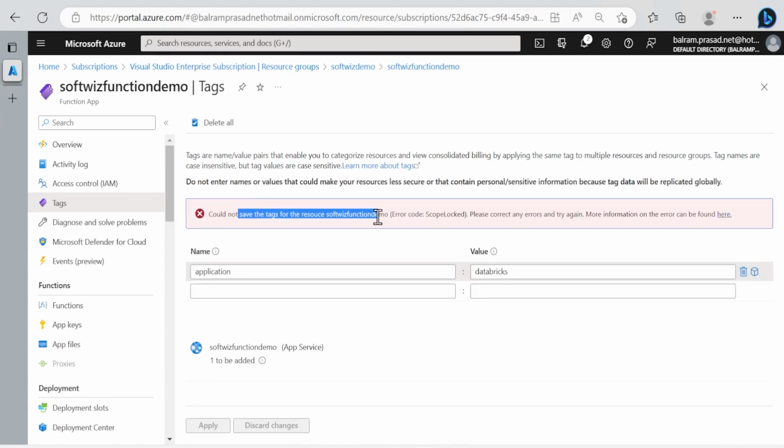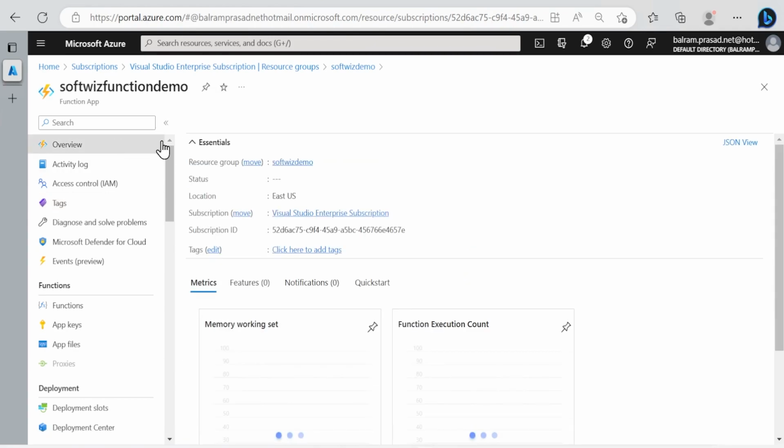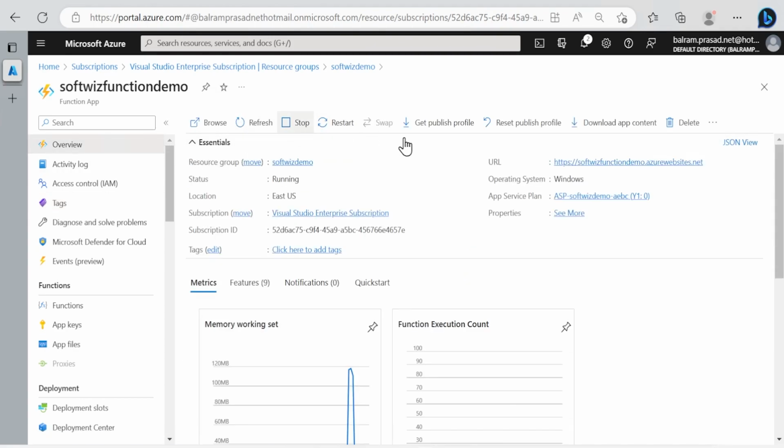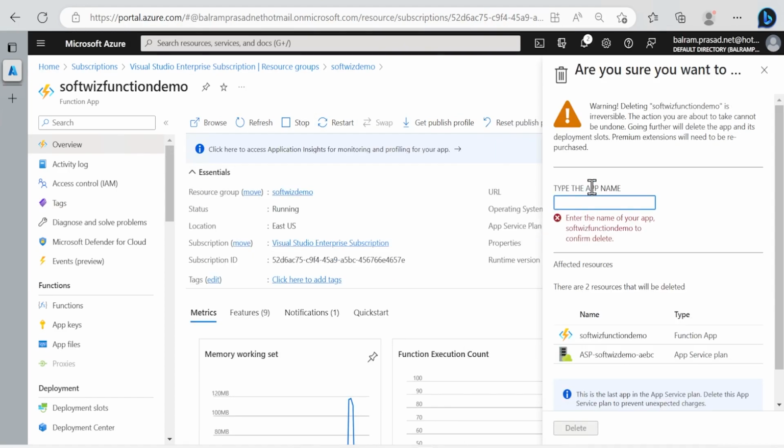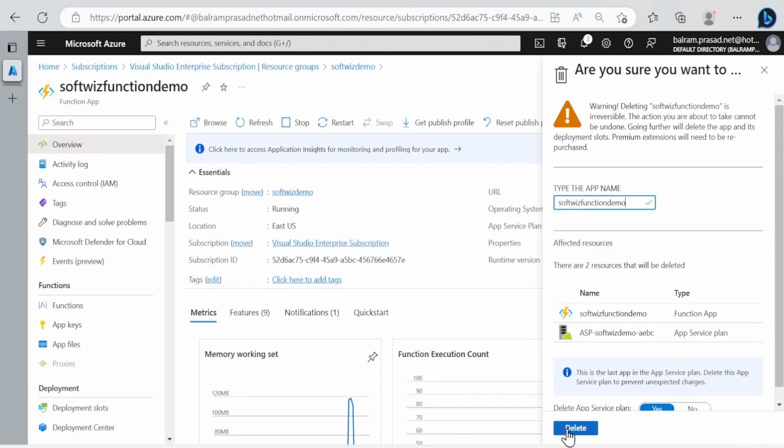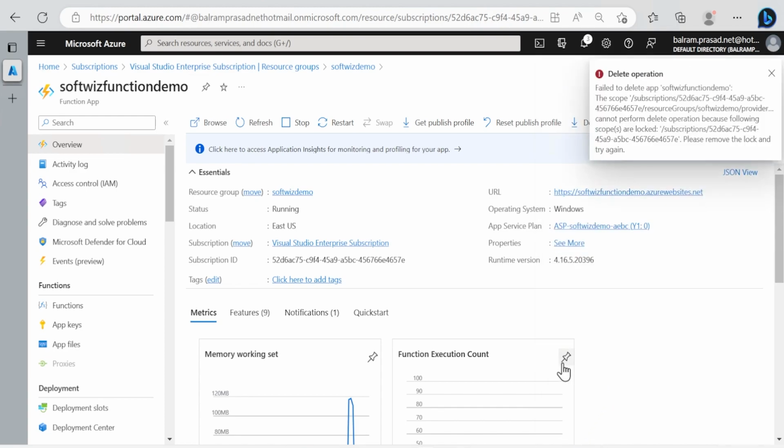Then also it will not work, because it will say that resource function app demo is coming in that scope log. So we have applied that on the side. Let's suppose I want to delete this function app somehow, right? I can go ahead and say delete, and put the name over there. And because we have read only, it fails to delete the app, because the delete operation is not permitted,